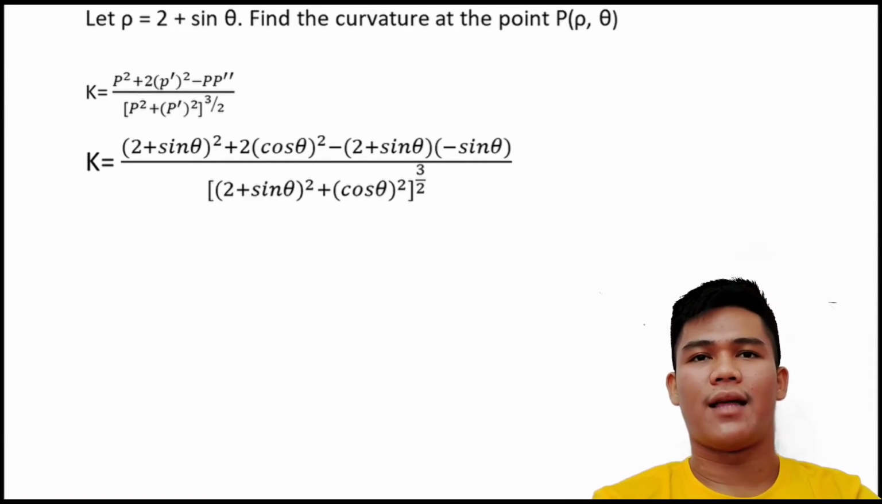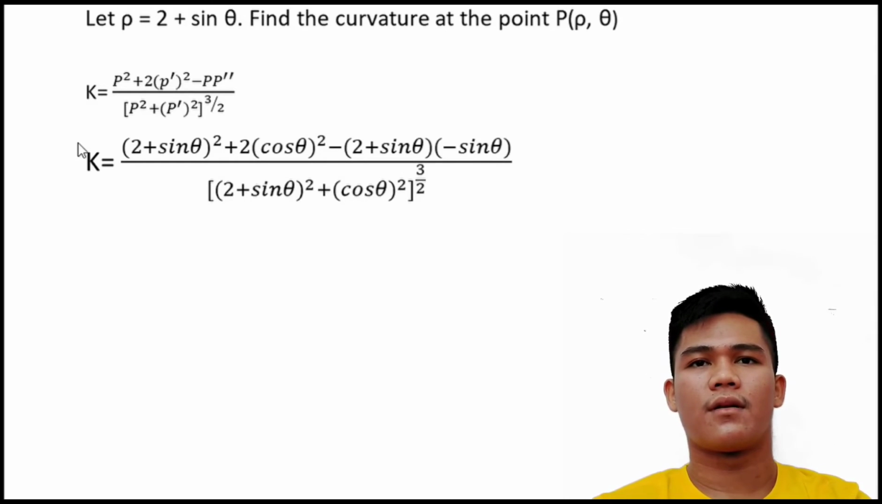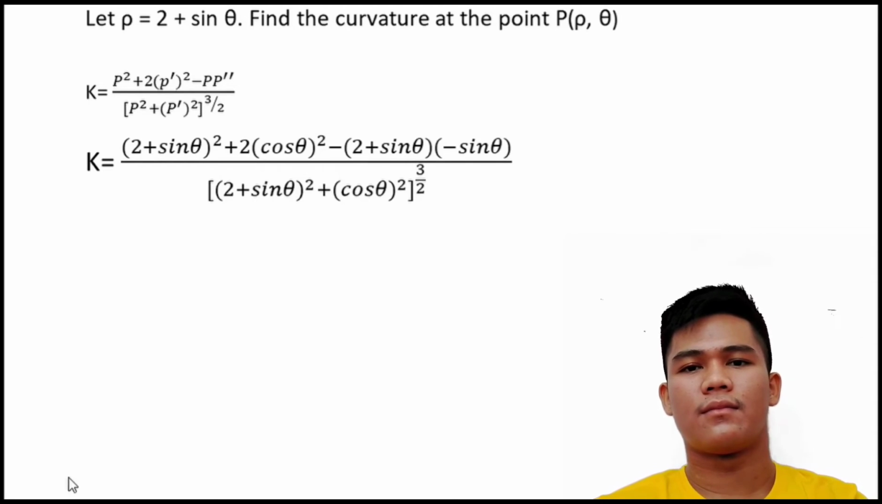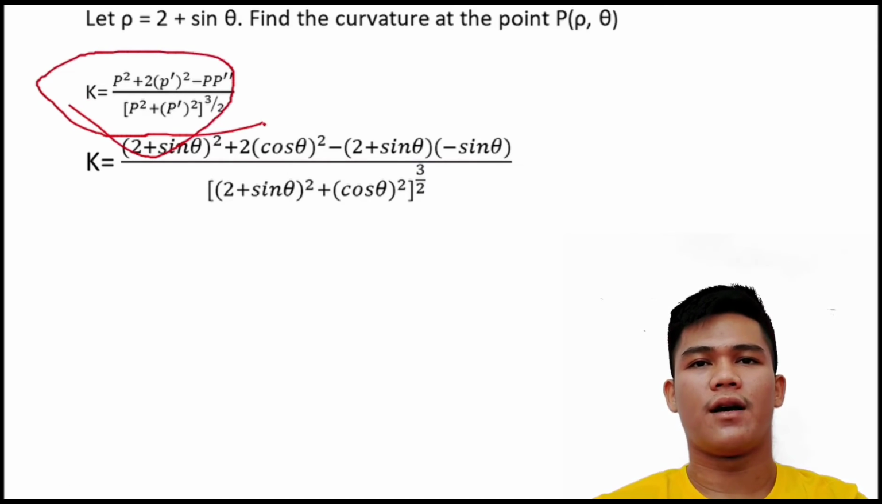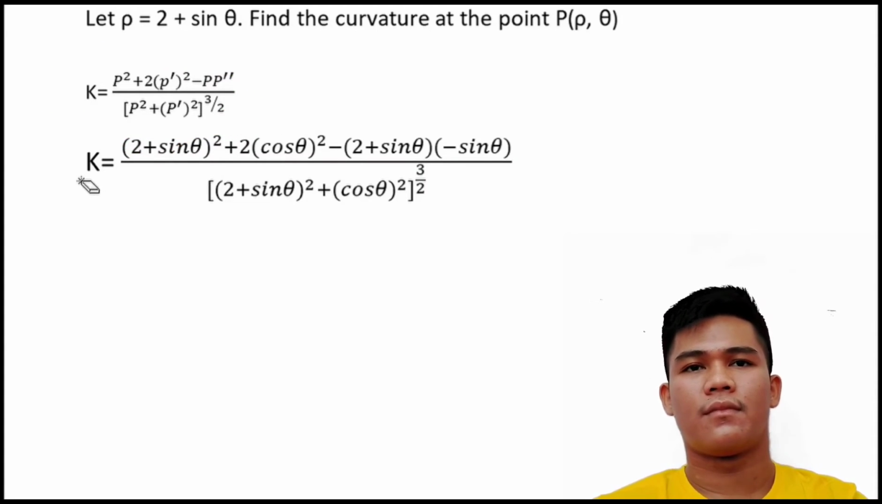In example number 1, we let r equal 2 plus sine theta, and then find the curvature at the point P. So we have this formula. Then we have k is equal to